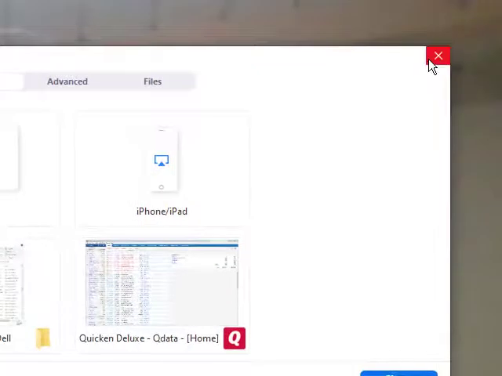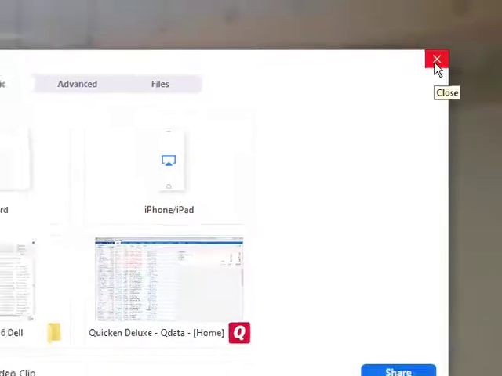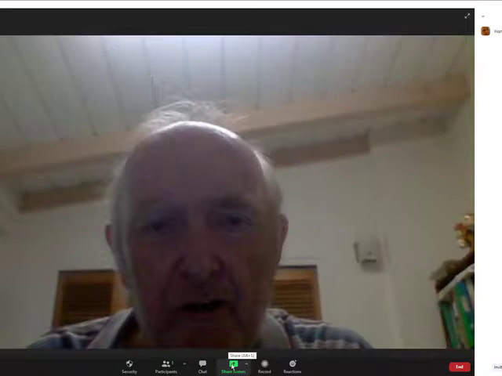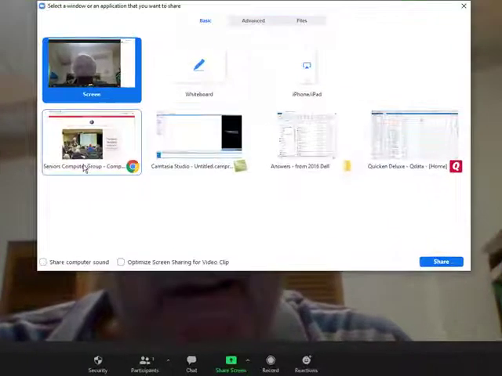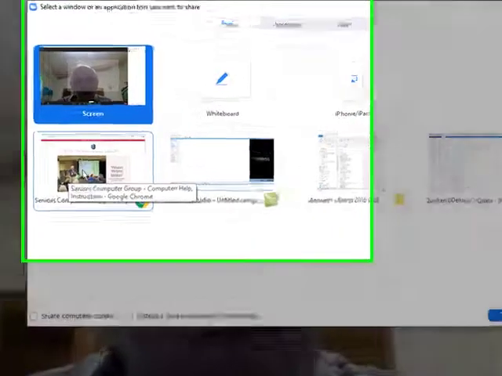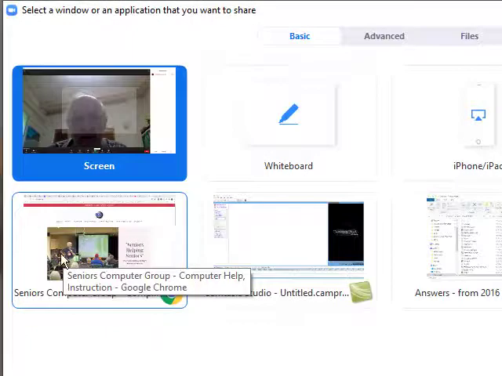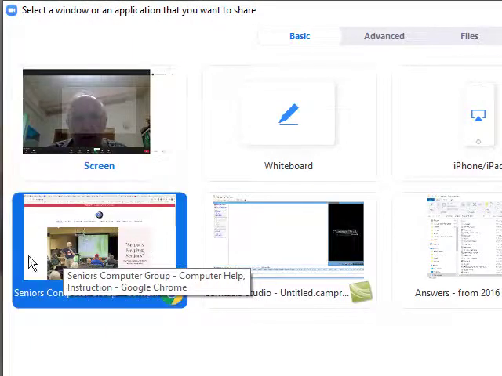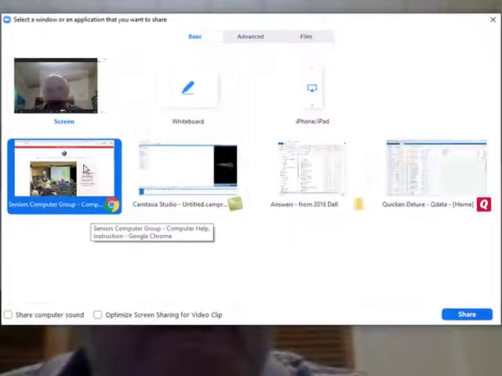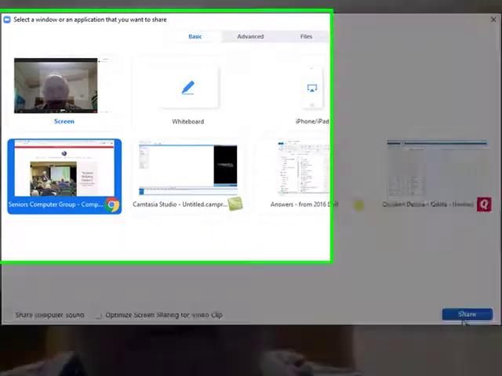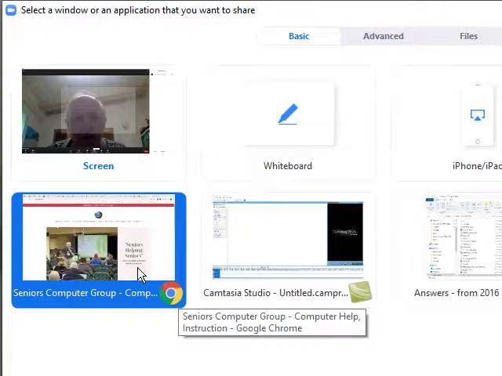wait, this is what was running. I'm going to turn that off, go back and share screen. And now I see that one of the things that is running is the Seniors Computer Group webpage. And if I click that, it gives me a full blue background around it. And if I click share, I could share that screen. However,